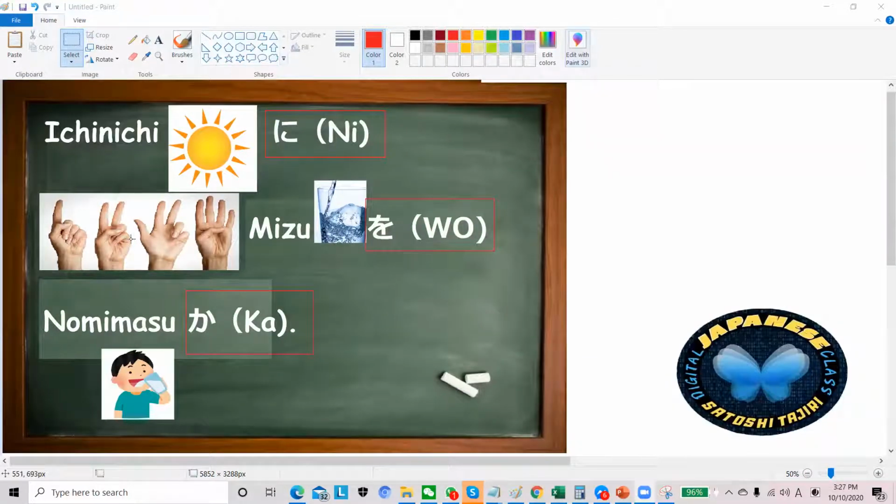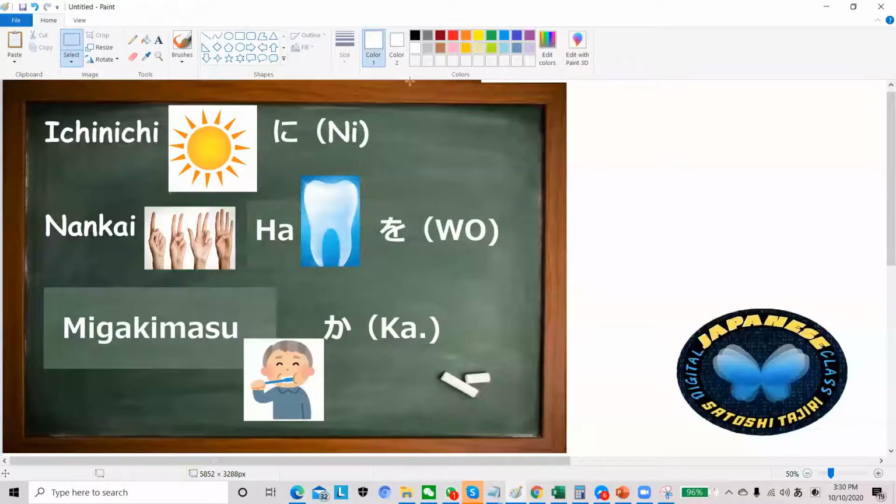Okay. 一日に5回水を飲みます。 はい、もう一度。一日に5回水を飲みます。 はい、よくできました。